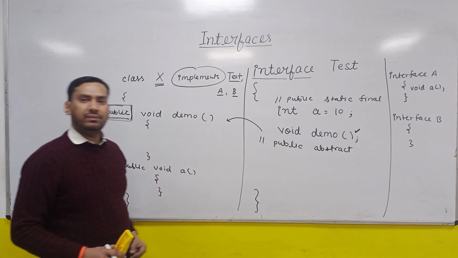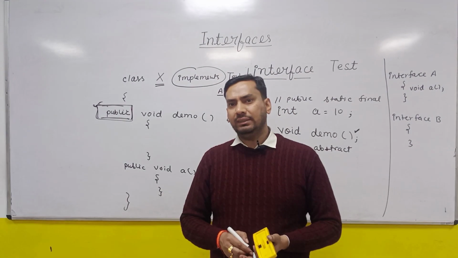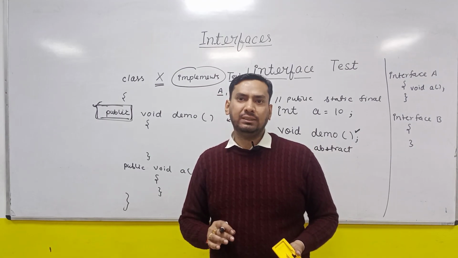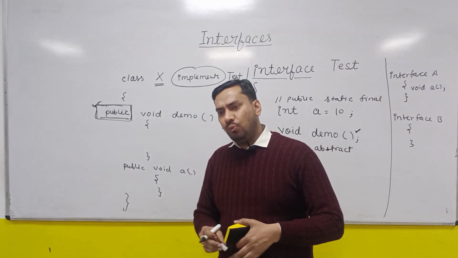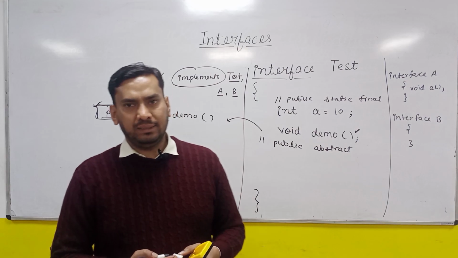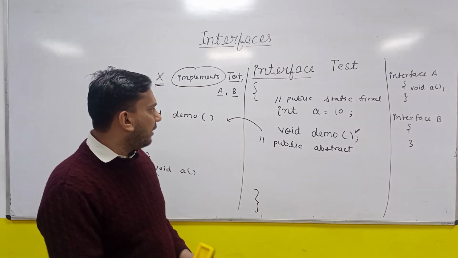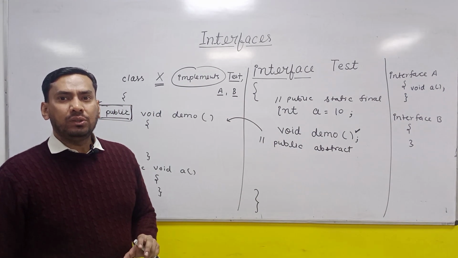So these are the interfaces of JDK-7. Only two things were allowed. One is the public static final data members and second one is public and abstract methods, right? So what happened in JDK-8? When Oracle came into existence with Java, they said okay, in the interfaces you can have